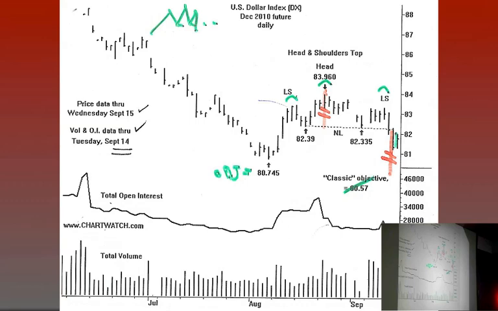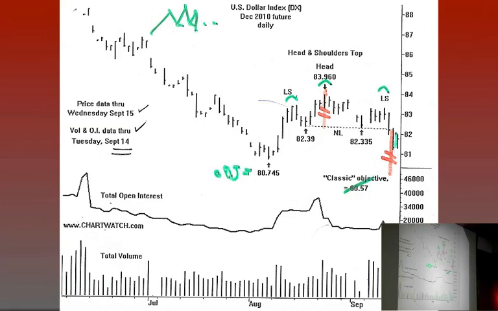So be very careful. If I was a position trader, meaning having the ability to hold, and even if you're a day trader, you want to have enough money in your account. You don't overtrade, but so that you can hold the position overnight. Because sometimes there's a situation where you want to follow that old adage of letting your profits run. And I would have really wanted to sell a rally against overhead resistance. Well, where's the overhead resistance? It's at this low, 82.33.5, and then 82.39. So the daily chart is clearly bearish. There might be an attempt today to rally. Now we're going to look at the hourly chart to see whether that attempt happened or not.